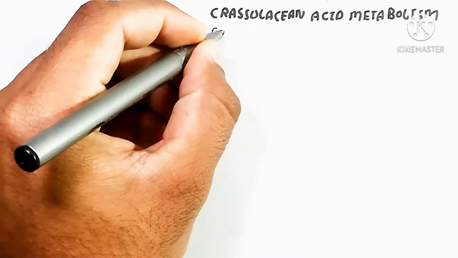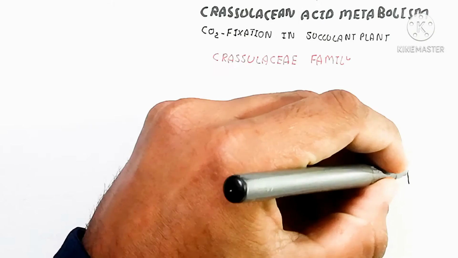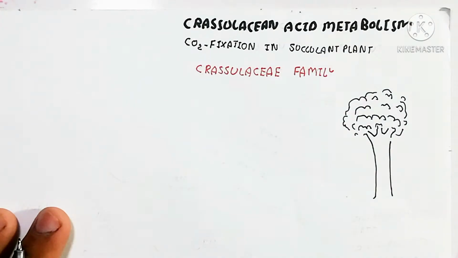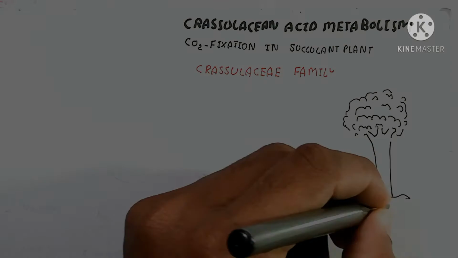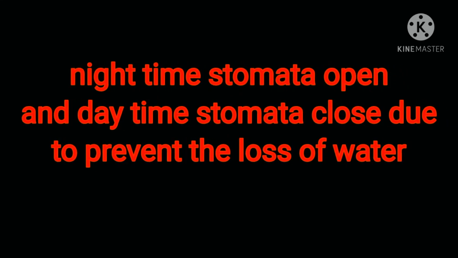So today we will discuss crassulacean acid metabolism in plants. First we will discuss the intro. How is carbon dioxide fixation possible in succulent plants? That's the Crassulaceae family, which also includes Cactaceae, Orchidaceae, Bromeliaceae, Liliaceae and Euphorbiaceae, which are